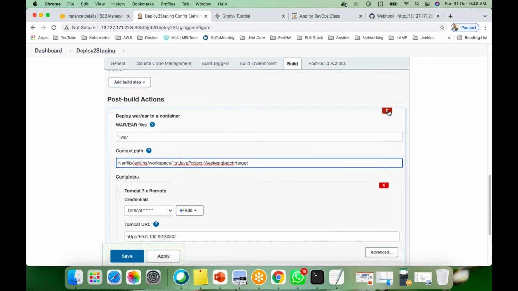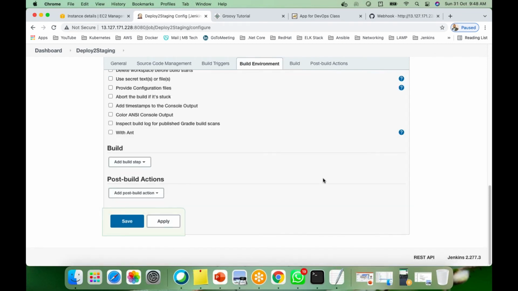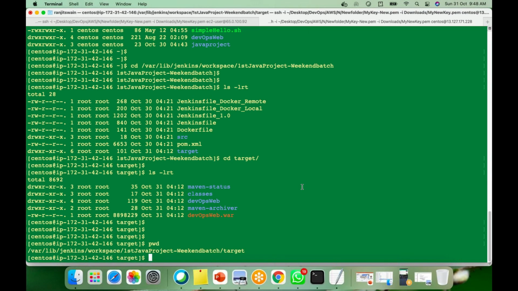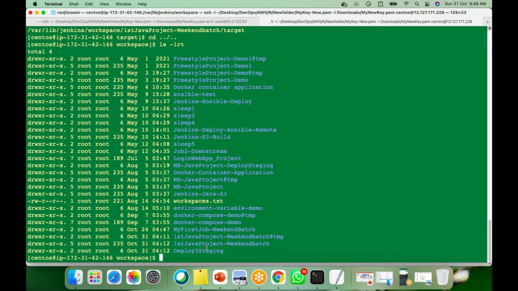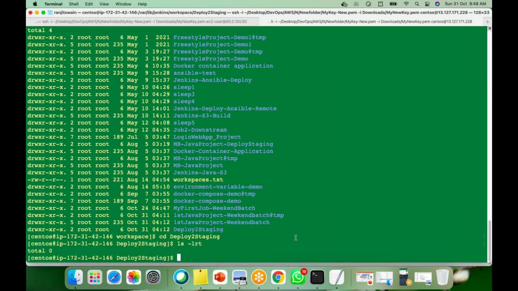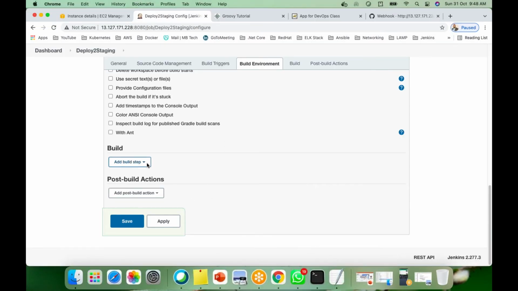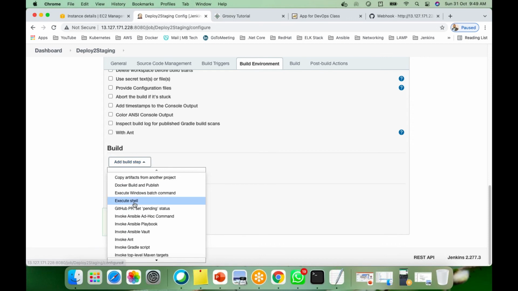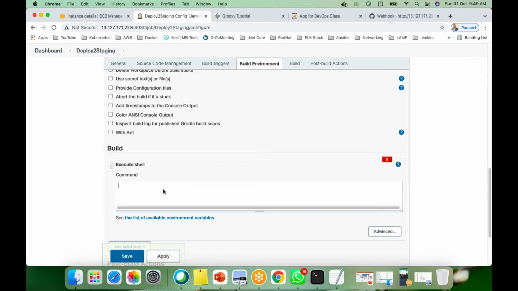I'll show you how, as we don't have the workspace available now for deploy to staging. If I go to this folder, right, workspace will not have this deploy to staging workspace. See, if I go here, sorry, we don't have the target folder. So we have nothing there. It's totally blank. That means we are not using any build sections. So now what I'm going to do here, in the build section, I'm going to add execute shell. Click on it, and here I'm going to use